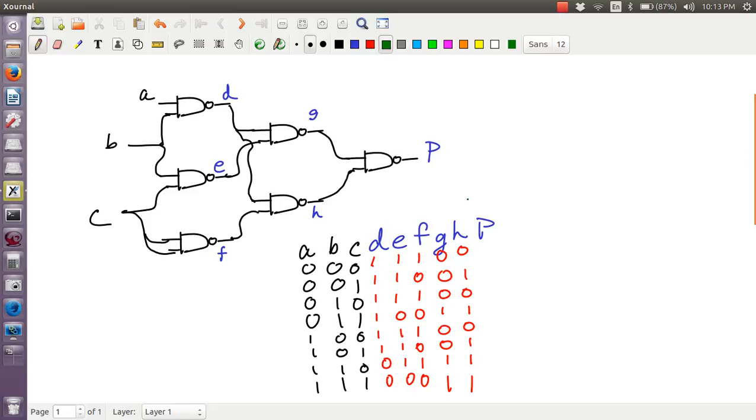Finally, P is G and H, so I'm going to look at G and H. And okay, 0, 0 is going to get negated. 1, 1 is going to get negated. And so then I have 0, 1, which is helpful. Oh, I forgot 1, 1 is 0. And a helpful situation. Now, I very well may have made a mistake, but my process was right,